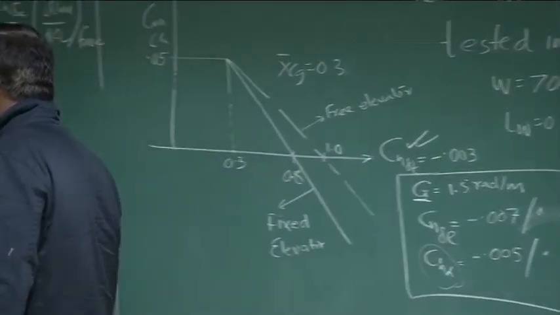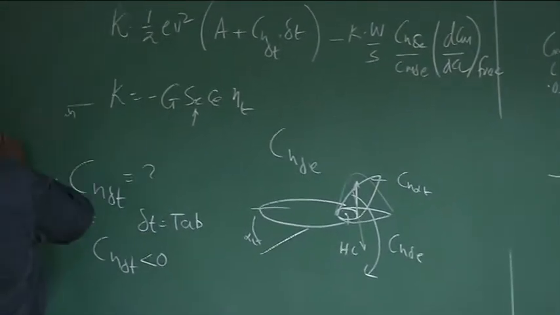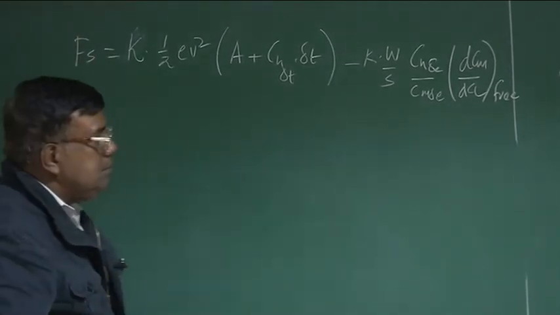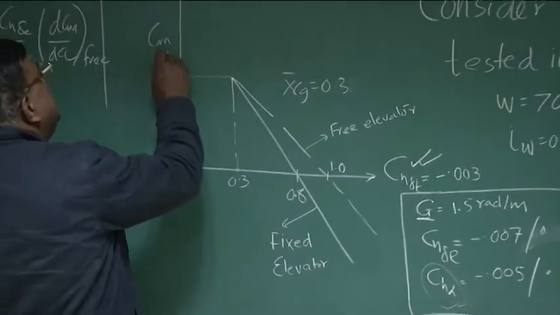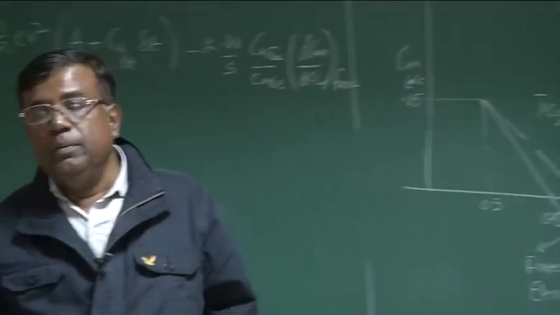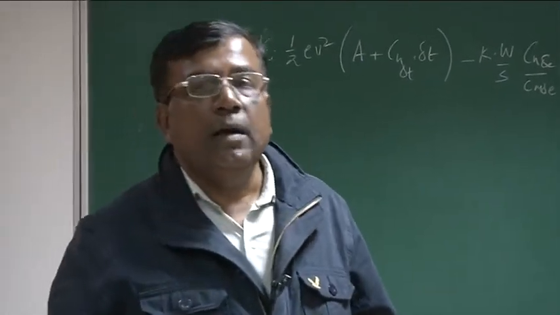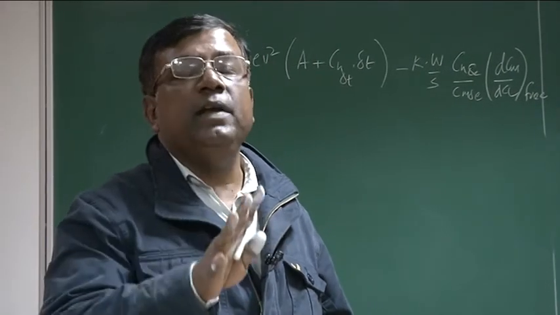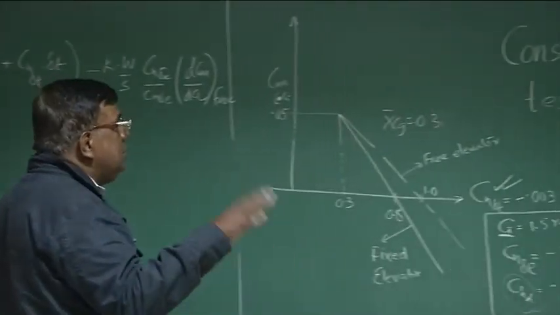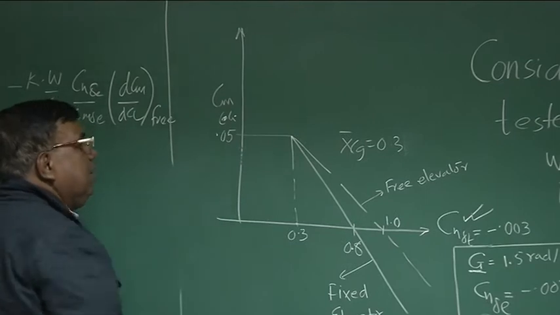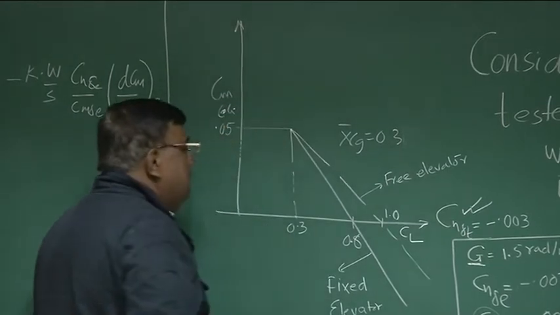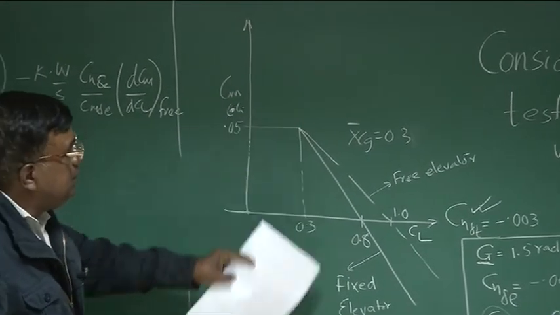Now come back to this diagram. This is also part of the problem. Okay, let me keep this. This we will be using. See what is given in this diagram. It is written Cm Cg y-axis. Why Cm Cg? We all understand the pitching moment is calculated about the center of gravity, because the airplane in free space will rotate about an axis passing through the center of gravity. So this is the longitudinal motion. So this is Cm about the Cg of the airplane. And what is here? This is the Cl. So the Cl. Now, what are these two things, two lines?